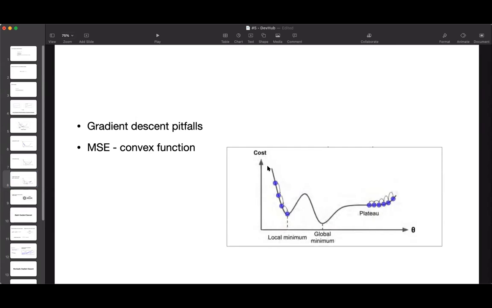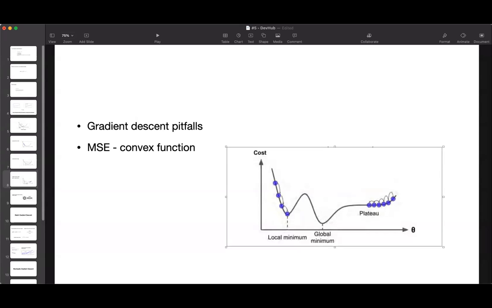When you are traveling from the left side, this purple dot over here, you are coming down, down. And when you have reached this point and you calculate the gradients again, you will feel that on all sides the slope is a bit higher than before. So you would be under the illusion that you have already reached the global minimum and it would stop. But that is actually not the case. To reach the global minimum, you actually have to travel a lot more distance. You have to come here, here, till you reach here. But the model is under the illusion that it has already reached the minimum. So it is not very good.